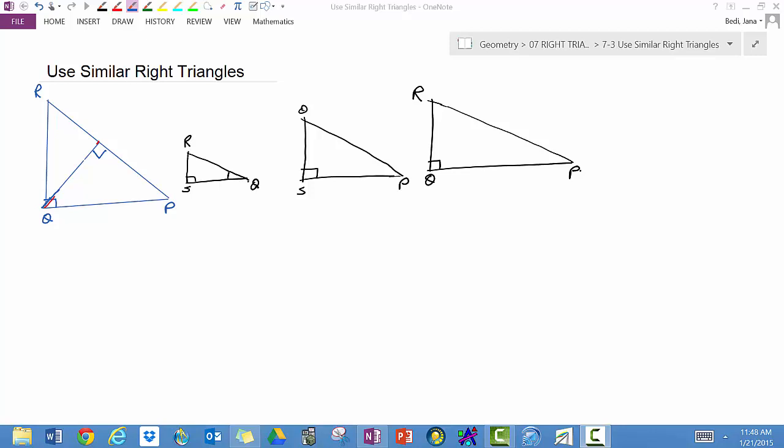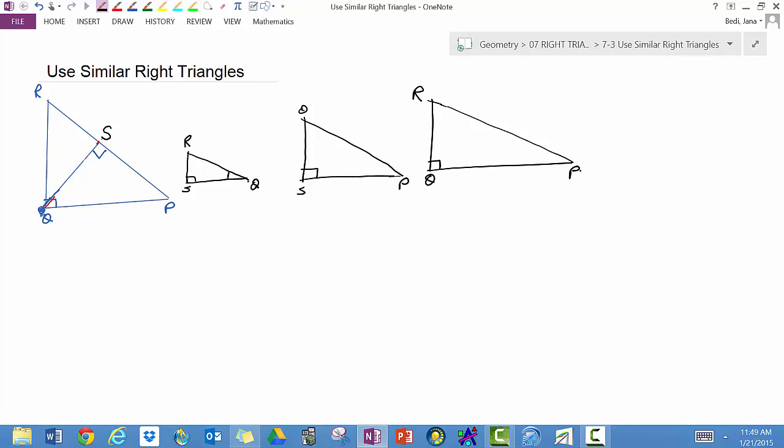In this section, you're going to learn how to use similar triangles in a special situation. The special situation is you start out with a right triangle, and then in that right triangle from the vertex, so for example the vertex here would be Q, from the vertex Q you draw another altitude to the hypotenuse of the original triangle. We'll call that S. And what happens is you get two small triangles within the big triangle, and all three are similar, and let's